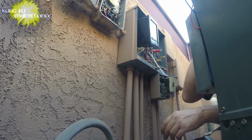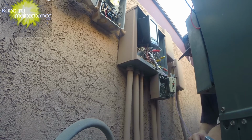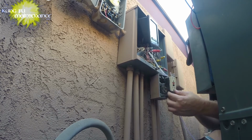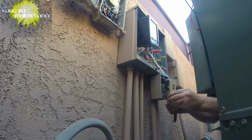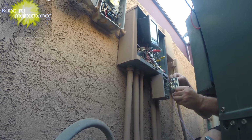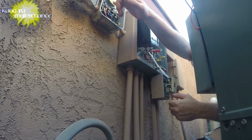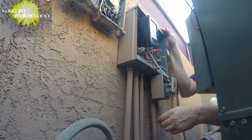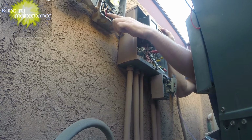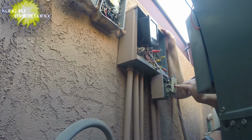Right now it looks like this one is feeding the blue load side of the timer, so that's backwards. It is coming through the GFI, but it's weird. Let's peek under these. It's all normal, but this is ran wrong. If you were gonna do this line, it would go into the line side of the timer. The timer's flipped up backwards. And there's two ways to switch it around. One would be to switch this, which is the load wire, to the load wire, and switch those two. But this GFI is not working, so